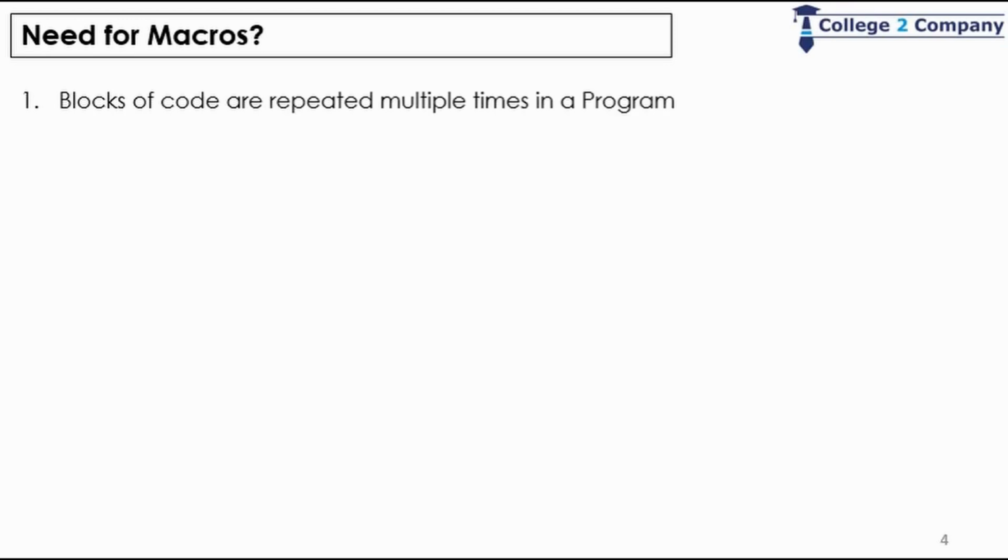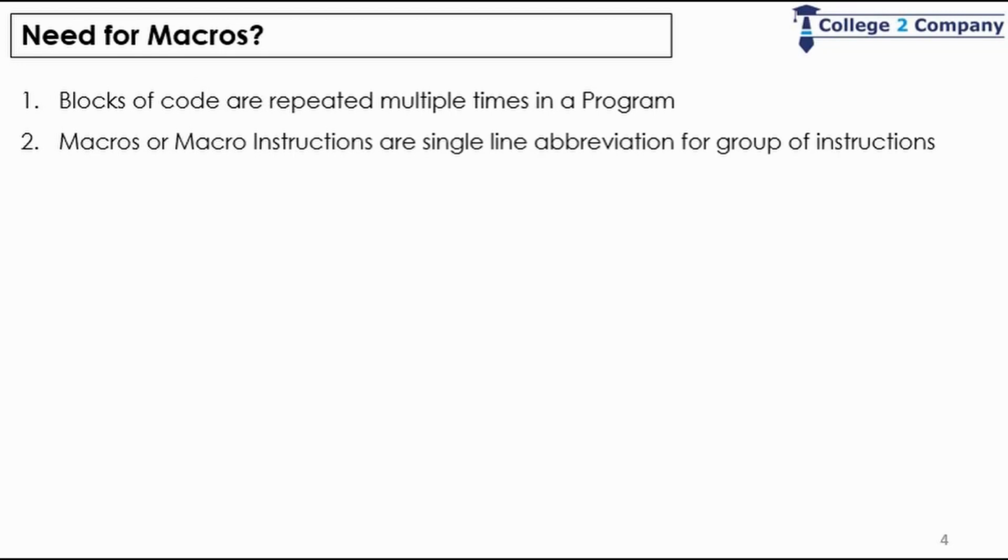Very often when we write programs, it is necessary to repeat some blocks of code many times instead of writing the same instructions over and over again. It is very useful to define it once and then use some sort of an abbreviation to represent the repeated lines of code. Macro instructions or macros are single line abbreviations for such groups of instructions,